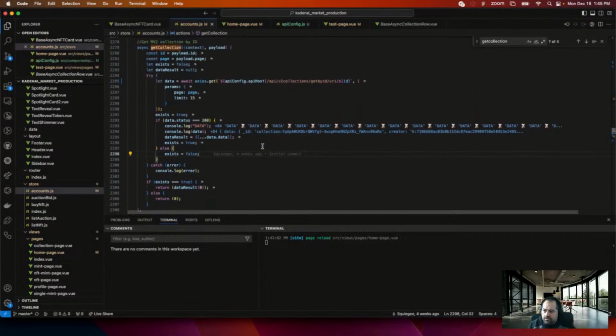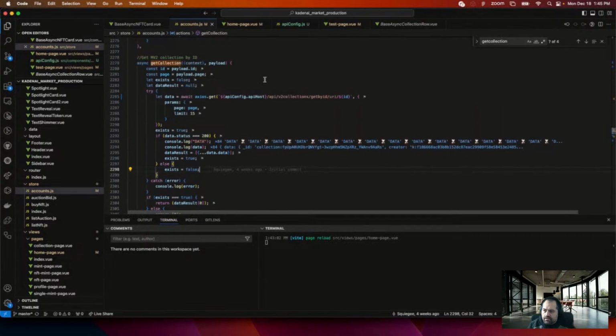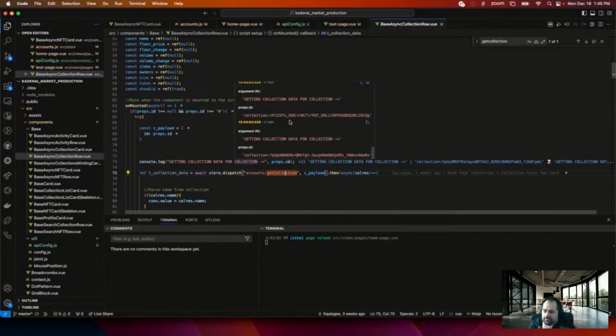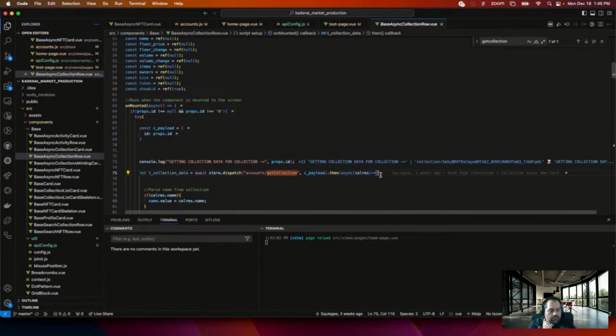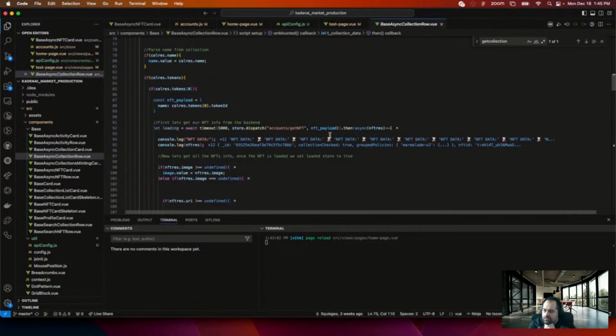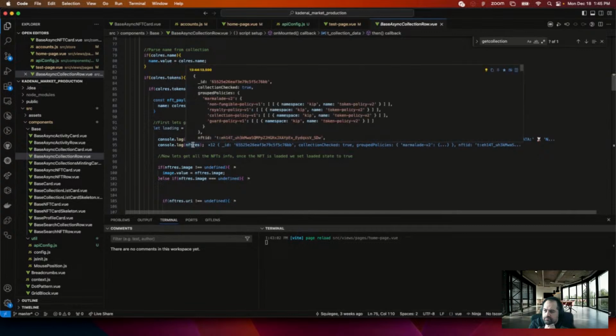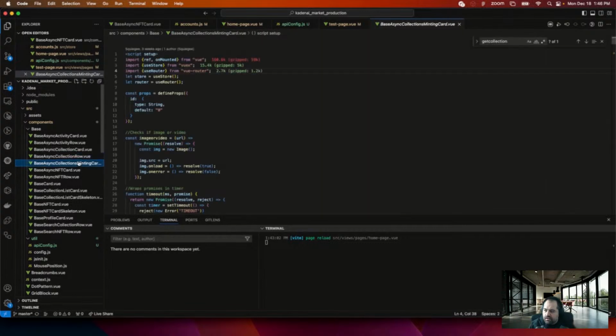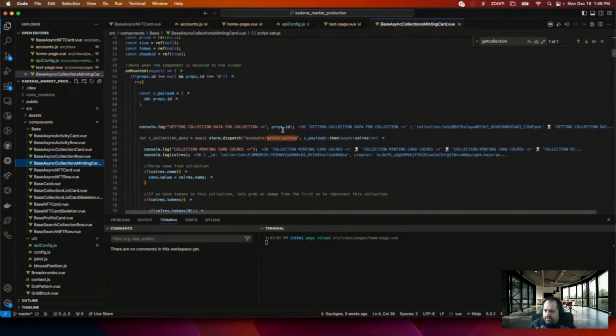Page. Get by ID. Getting data. I have a feeling this is not it. This is the card I want, not that one. Okay, that's why. All right, but it's still using get collection, so it's using the same thing.